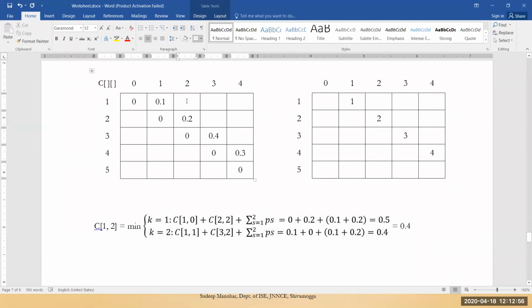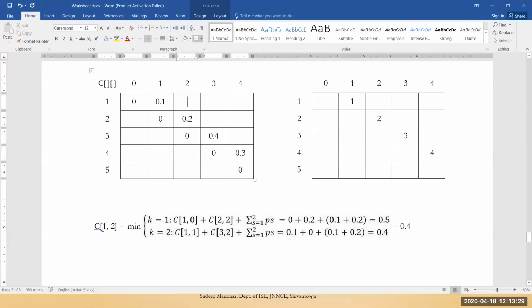So first we should calculate C of 1 comma 2. So I will write it as C of 1 comma 2. So what is 1 and what is 2? They are nothing but i and j. Okay. From the formula we have understood that k gets the value from i to j. Isn't it? I is 1, j is 2. Therefore k gets the values from 1 to 2. That means once you have to give the value 1 for k, and for the next term you should give value 2 for k. Okay.